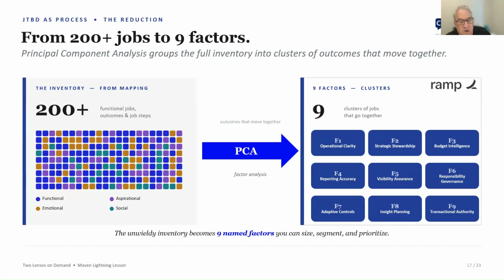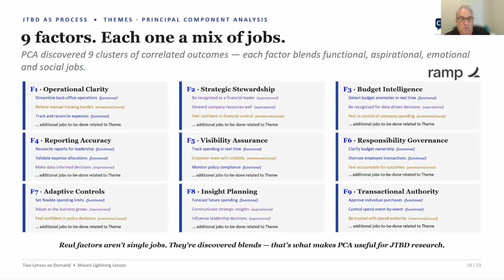And you can see from the visual that when we analyze these 200 plus jobs and outcomes, we identified these 9 clusters of jobs that go together, that people don't want to do that job partially. They want to do it holistically. And so when it comes to things like reporting accuracy, they want to reconcile reports for leadership. They want to validate expense allocations. They want to make informed business decisions, et cetera. That collectively, that collection of jobs are what constitute reporting accuracy as an outcome, or budget intelligence, or responsible governance,